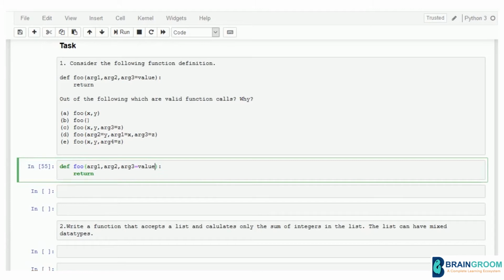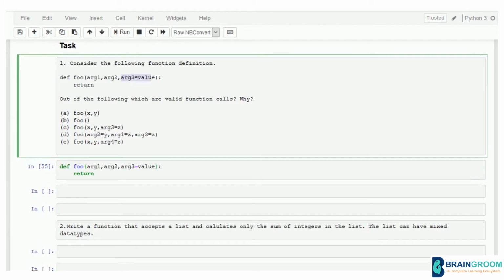Foo, you don't send anything. So this will not work because even though you have one value for this default argument, you still have two positional arguments. So you need values for these two. If you don't send anything but you are receiving using three variables, it is going to generate an error.